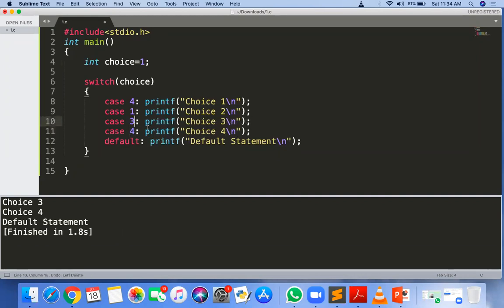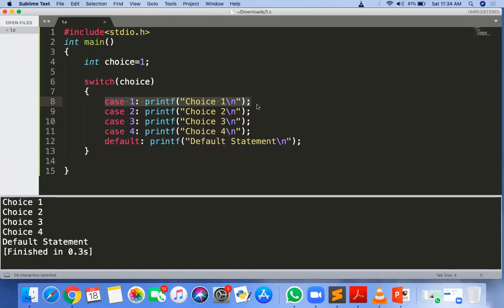Then what actually happened inside is, if you notice, if I make choice equal to 1, case 1, the first case, is true. If the first case is true, then in a switch case, all the cases below automatically become true.